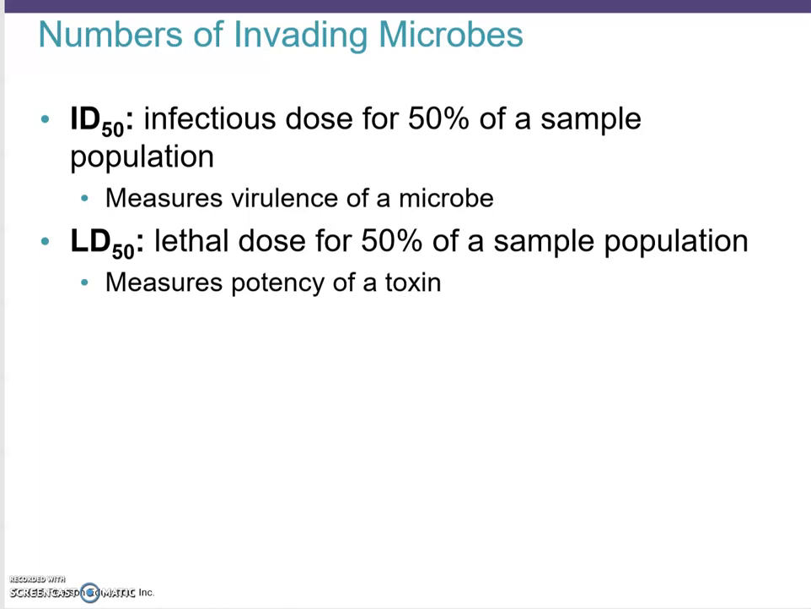ID50. ID stands for infectious dose for 50% of a sample population. That means how many microorganisms do you need in order to produce an infection in 50% of your sample population? It's a measure for the virulence of a microbe. If the infectious dose is extremely low, that means it really doesn't take much to get a lot of people